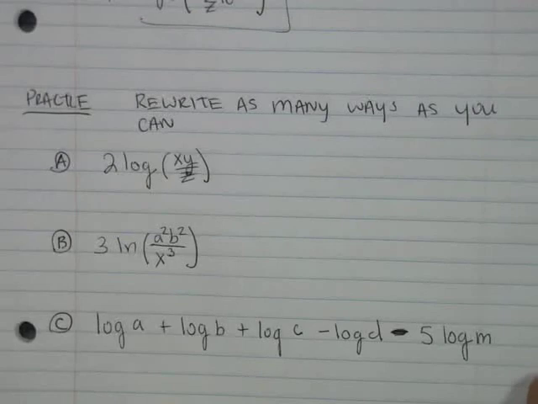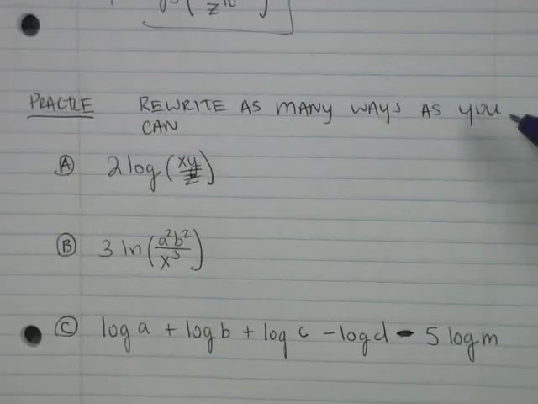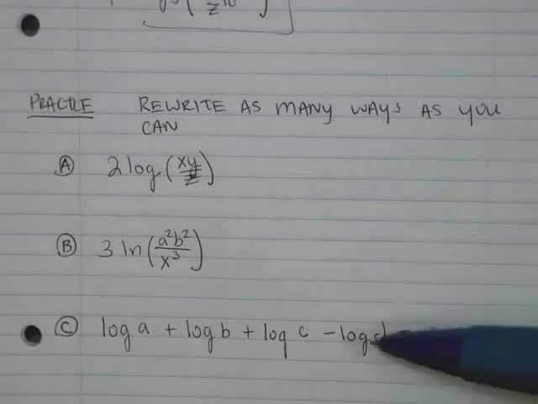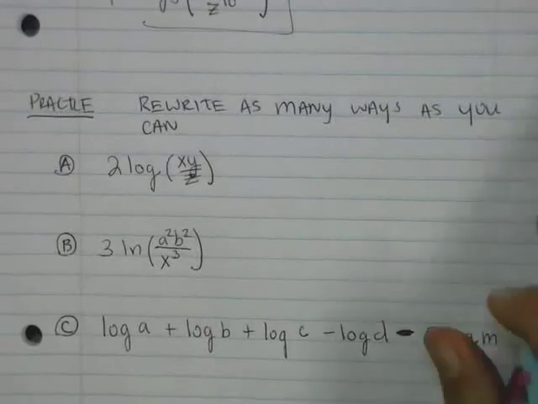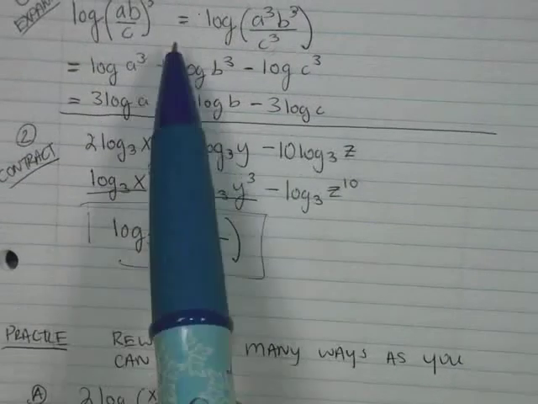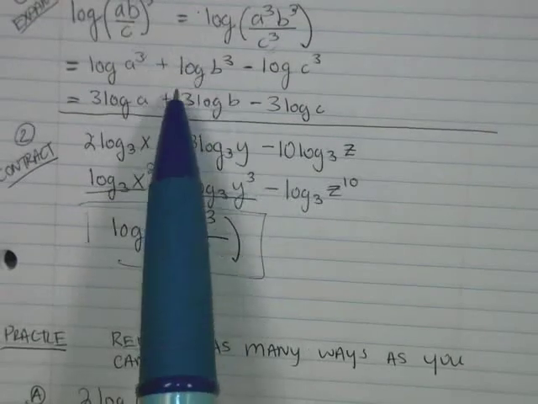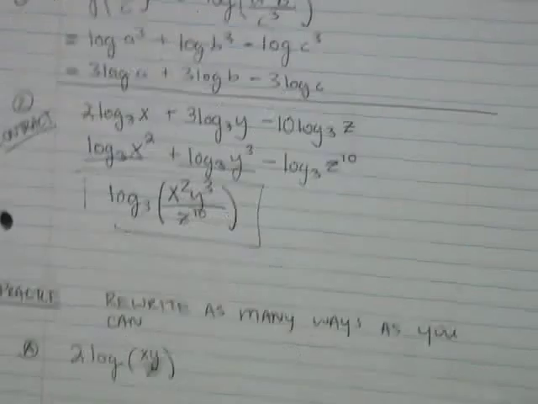Here are 3 practice problems. And what you're going to do is exactly what it says. You want to rewrite these in as many ways as you can. So expand it, contract it, expand, contract, whatever you can do. Come up with 2 to 3 to 100 different ways to rewrite these. What does that mean? Well, any one of these steps is a way to rewrite it. So any step is correct. They all mean the same thing here. So that's all it's saying. Write a bunch of different steps down, and you'll get